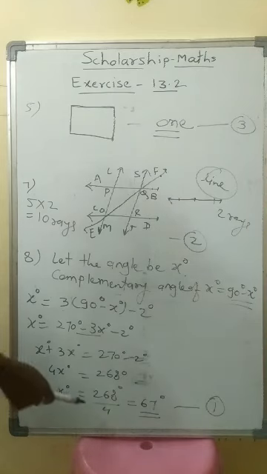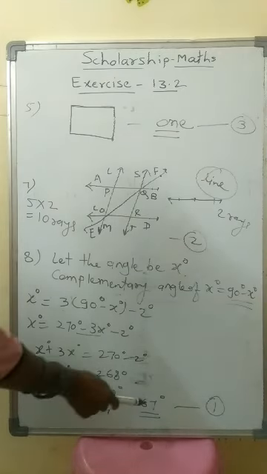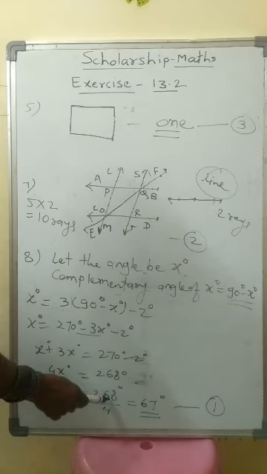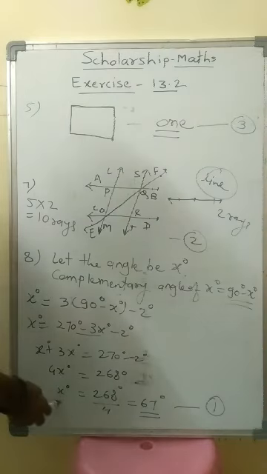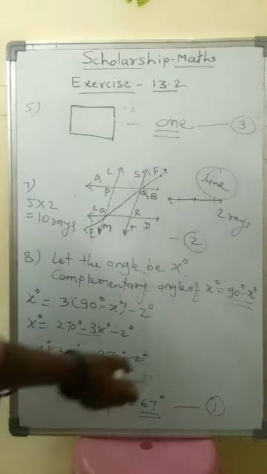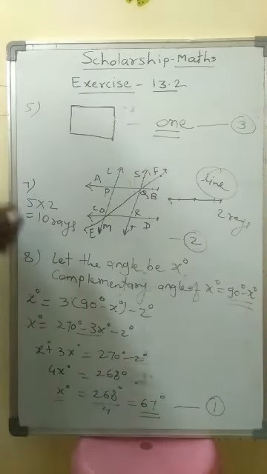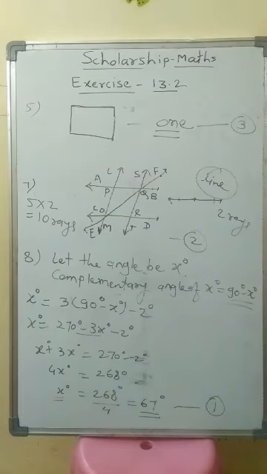Change the side of this 4, it goes to the denominator for division. So 4 ones are 4, 4 sixes are 24, remainder is 2, you get 28, and 4 sevens are 28. So you get the measure of the angle, that is 67 degree, which is option number first, the answer. So I hope you all understood very well. Now write all answers in your notebook with questions by using your textbook also. Okay, see you in the next video.